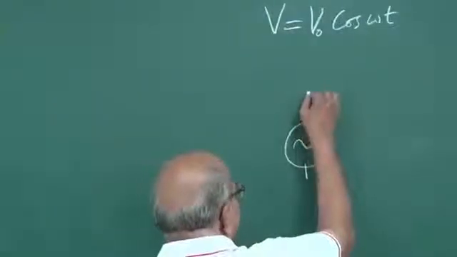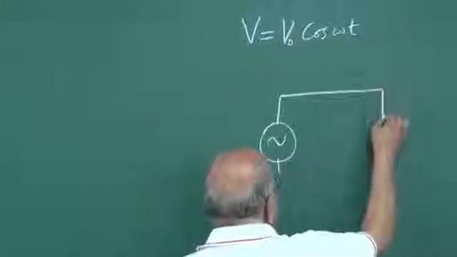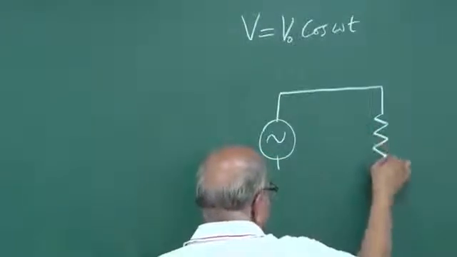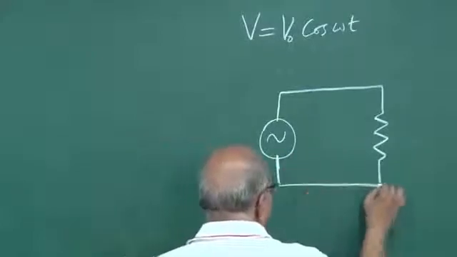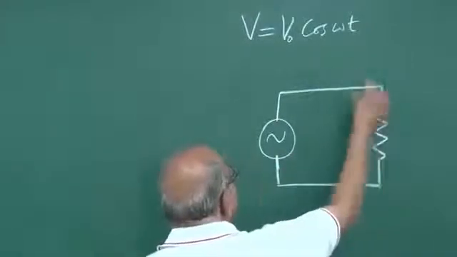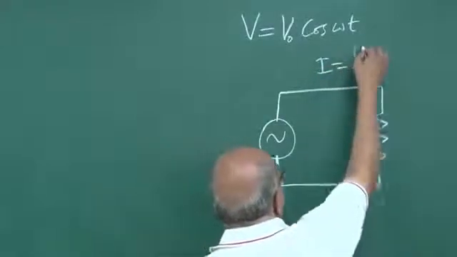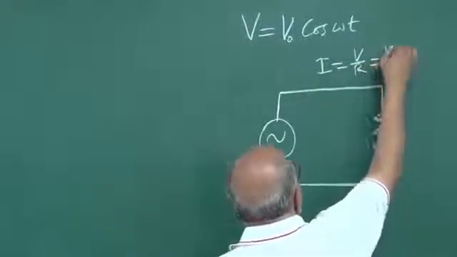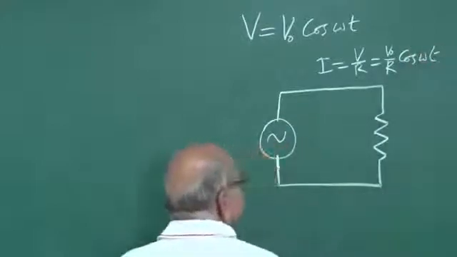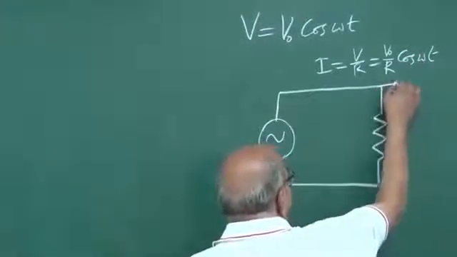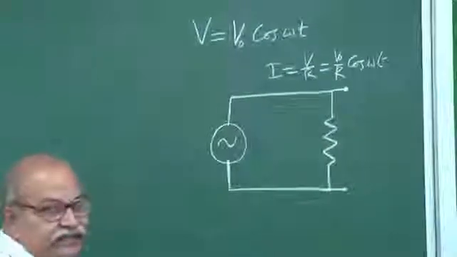And then let us say you have put this resistance here. Let us say this is just a resistance. What will happen? You know what will happen? You will have a current, and that current will be V naught by R cos omega t, that is it. And if I ask what is the voltage appearing on this resistor,